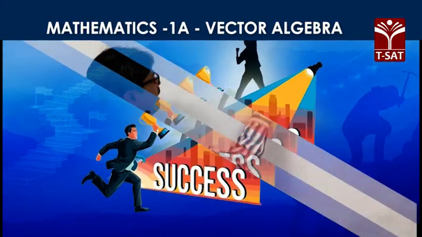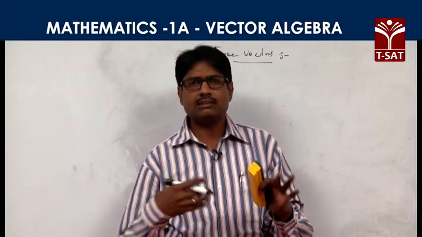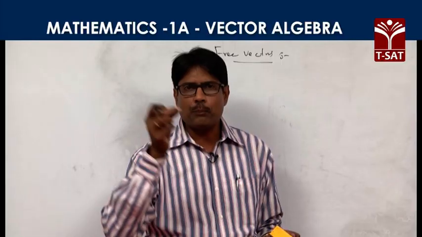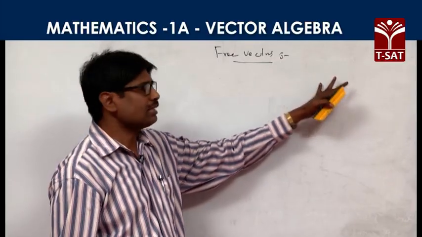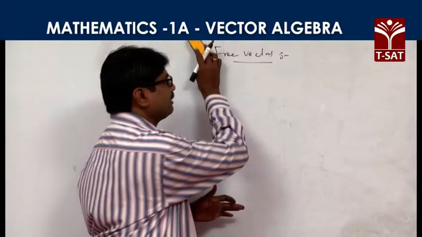We have discussed null vector, unit vector, co-initial vectors. Now free vectors, as the name itself suggests. In space, there are some vectors whose initial and terminal points are not defined and no position is connected. They are called free vectors. Free vectors have initial and terminal points not defined; they are somewhere in space.